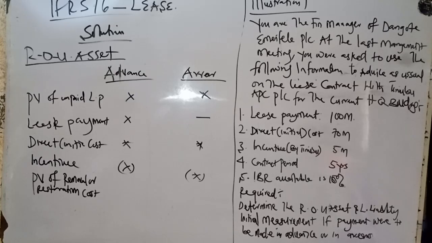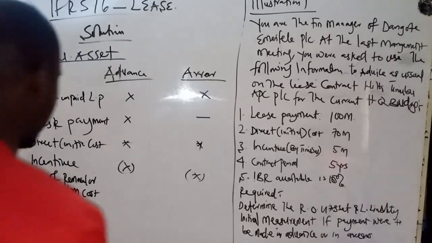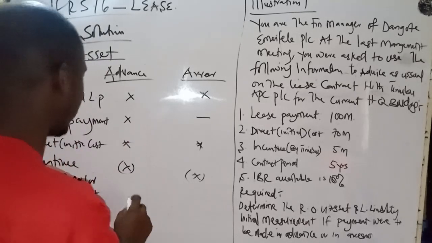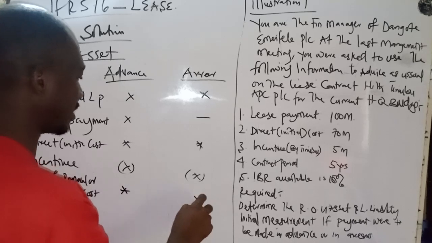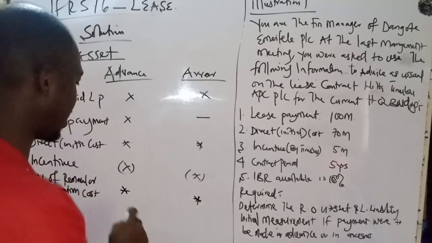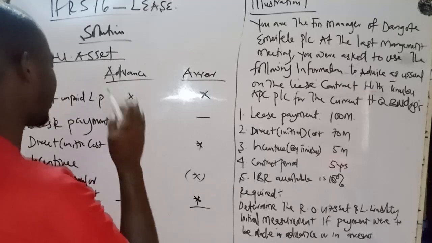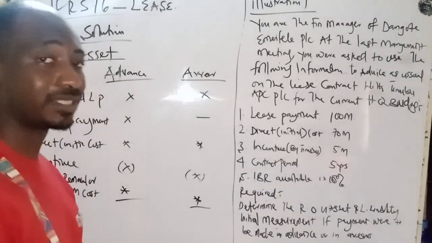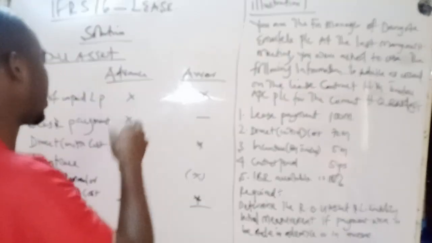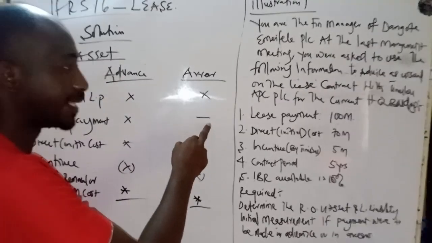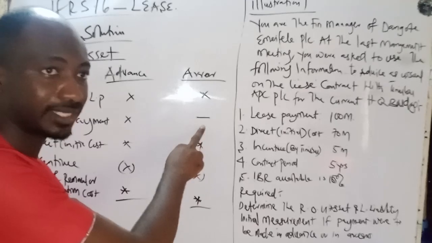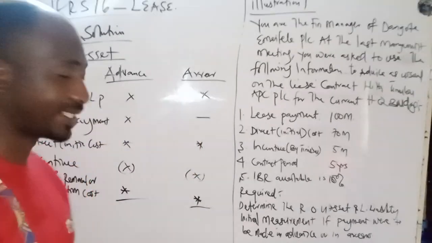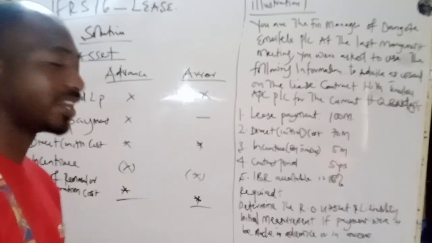Considerations too. So that is how it works in calculating your right of use asset. The only difference is that if the lease payment is made in advance, under advance you will recognize it, but if it's under arrear, you will not recognize it. The lease payment will not be recognized when you are calculating your right of use asset. And so whatever value you have here,